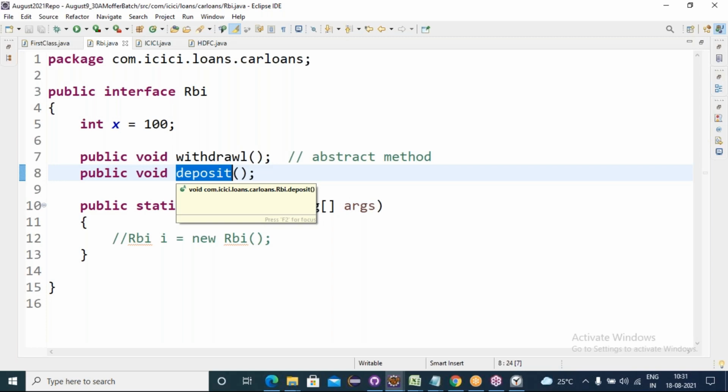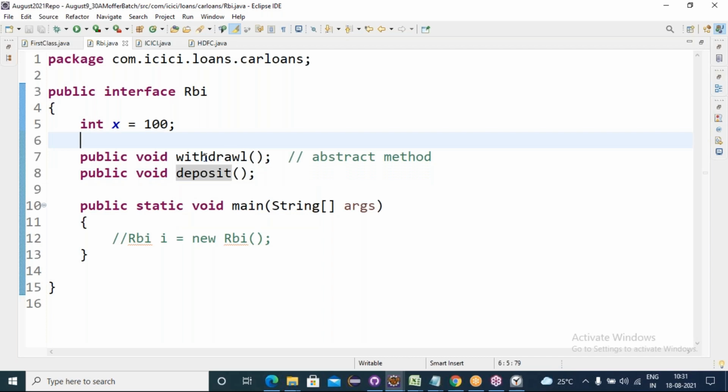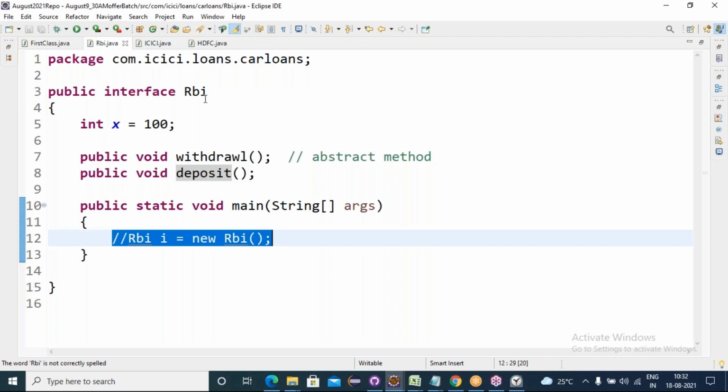Sir, one more question. I'm trying to run the RBI interface, so it's not giving me any output. Can you please run this RBI.java? We don't get any output. We cannot create an object for an interface.